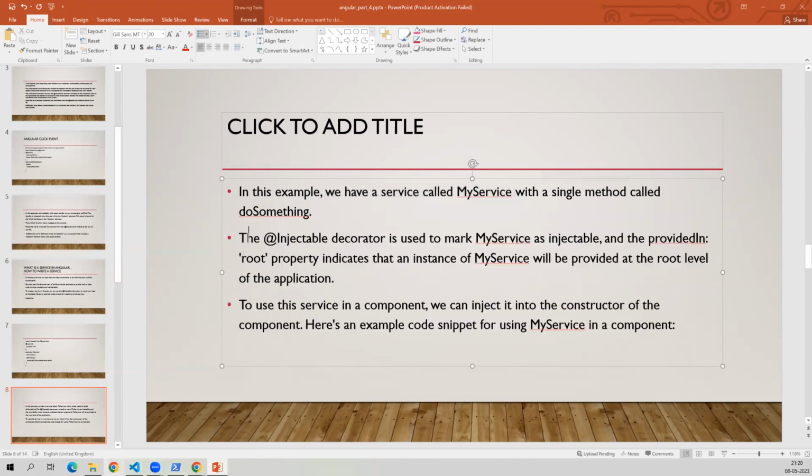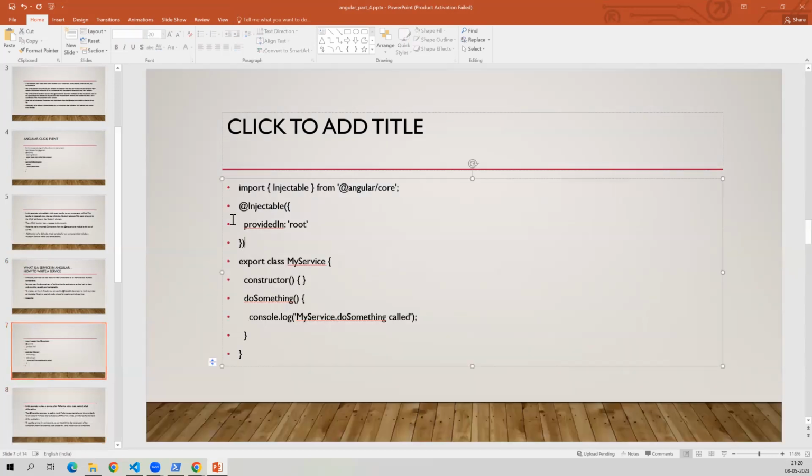With the doSomething method, we are going to call the service here, and the @Injectable decorator is used to mark MyService as injectable. Whatever service you have created with @Injectable, it will make the service